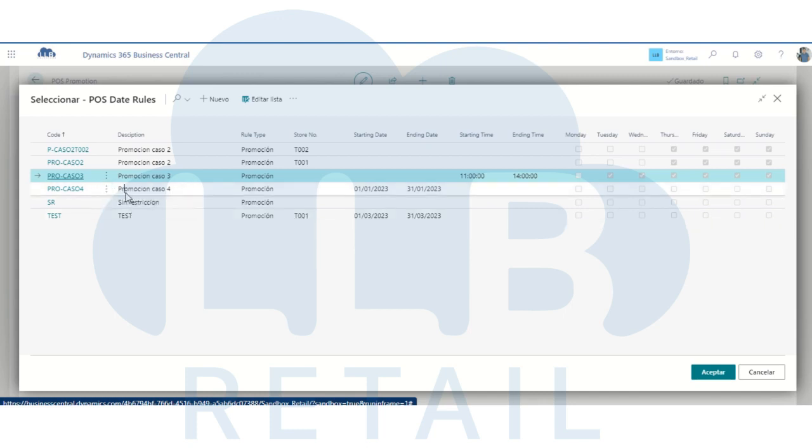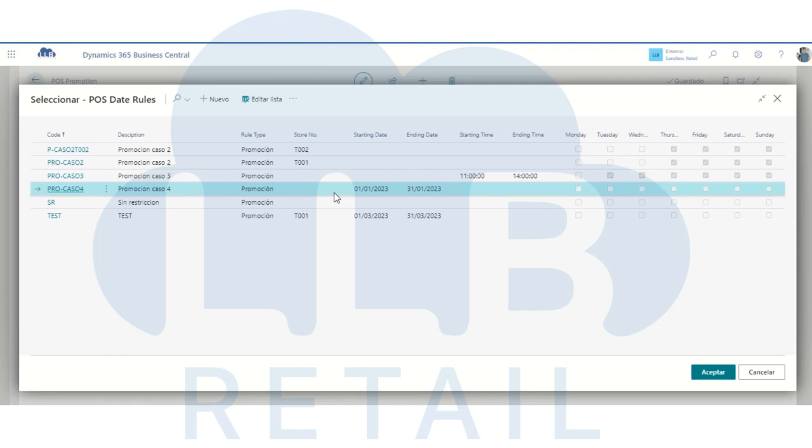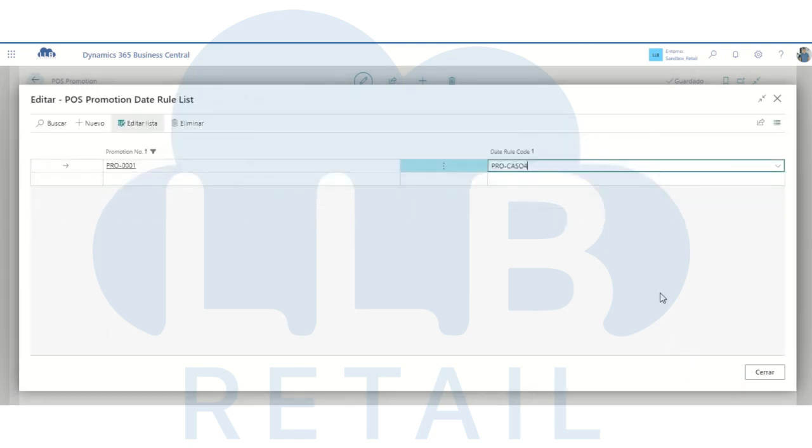For example, here I have case 4 that applies from January 1st, 2023 to January 31st, 2023, and we can also set start and end times for it. And also days to enable or disable days where this promotion will apply. We also have the possibility of,